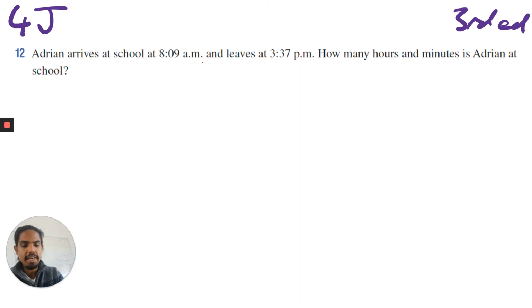Arriving at school at 8:09, leaving at 3:37. This question is asking basically what's the difference between those two. What you want to make sure you don't do is please do not just put these numbers in a calculator and do a subtraction. We are looking for a difference, which is what the subtraction operation calculates, but we have